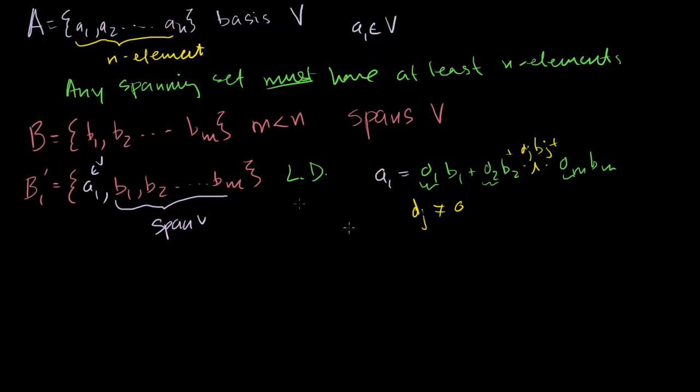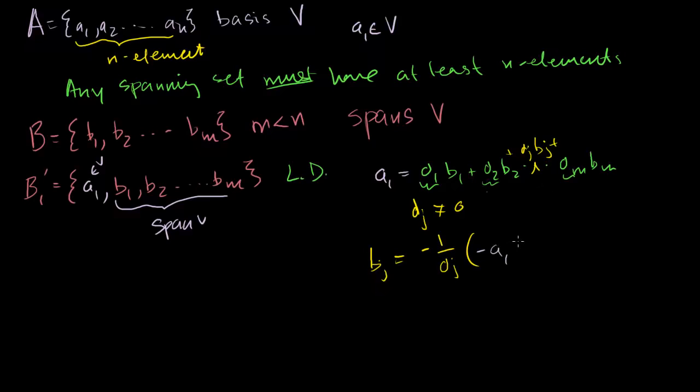I know that was a lot of operations, but that's just straight-up algebra. We can solve for bj and say that bj is equal to minus 1 over its coefficient, times minus a1